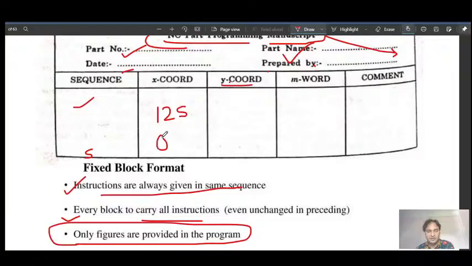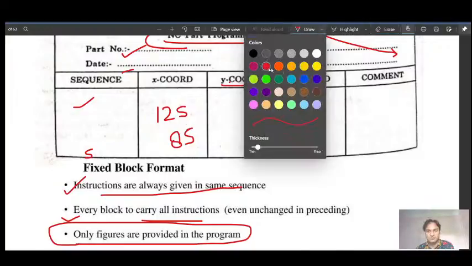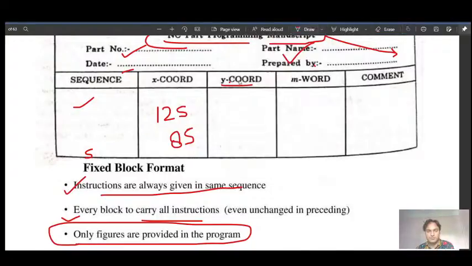So you have to write 085. Three digits you have to use. It is not like you can remove the zero. If you are writing 3 digits here and 2 digits here, it would be wrong. So you need to insert 0 before.